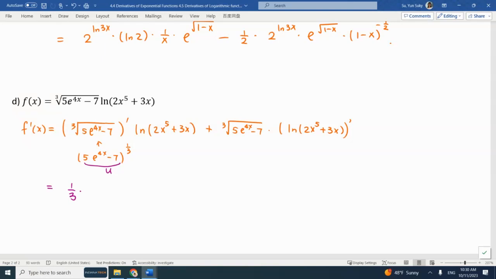Times what? Times the u to the, yes, and then times, remember, chain rule, you multiply by u prime. Okay, it's the old rule. You multiply by u prime at the end. Okay, everybody? So